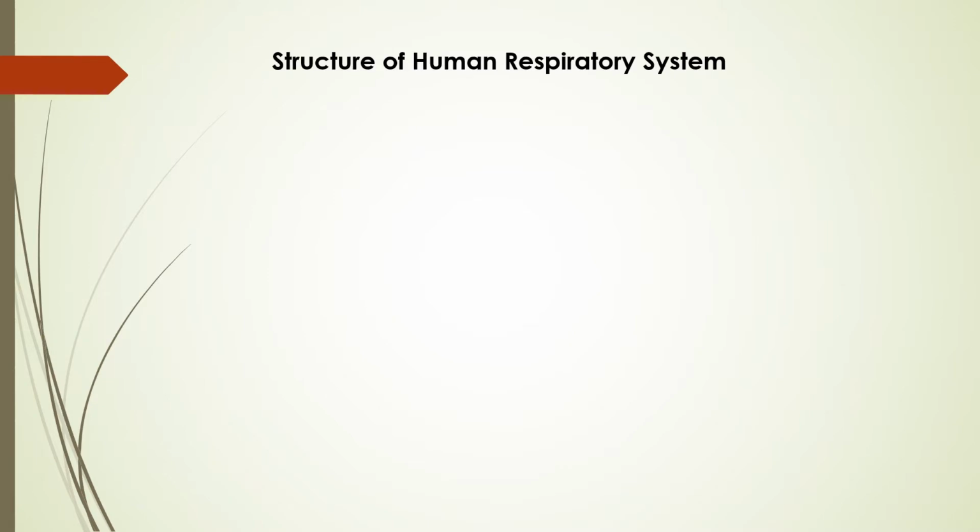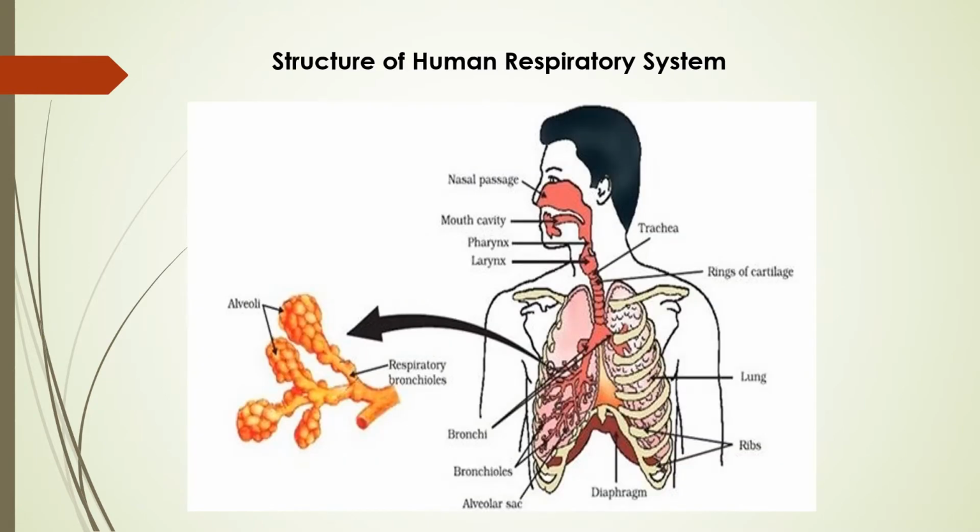So now, there is a structure of the human respiratory system. The human respiratory system is meant for the exchange of oxygen and carbon dioxide between the atmosphere and the cell. The cells, or you can say the whole body, need fresh oxygen, and in return the harmful carbon dioxide gas should go out. That is done by this system in humans. So let us start with the different parts of the human respiratory system.